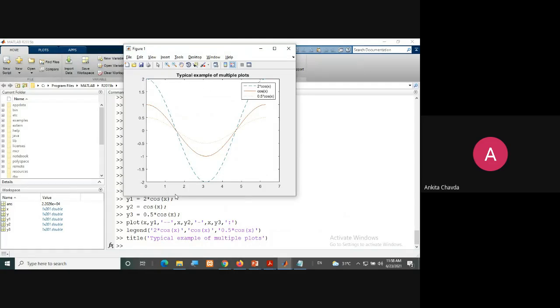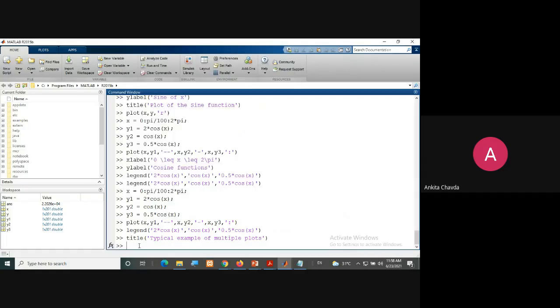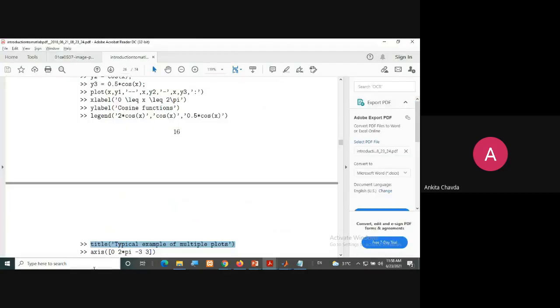Now can you see this? My graph is up to this only, but still they have given all the integers from 0 to 7, and here it is from -2 to 2. So for the x and y axis, if I wish to change this, there is one function which is known as axis.